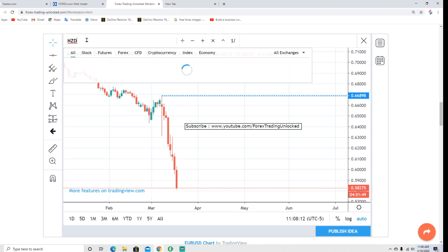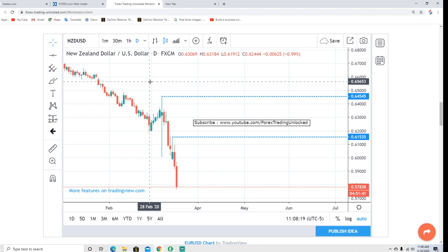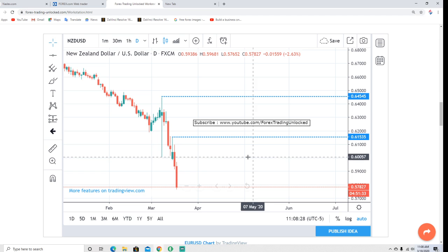So now we have the New Zealand dollar, US dollar, also in this trading zone, which is on its butt too. This is in the gutter. We have nothing to say except our upside breakout pivots are 61.53 here, and a high above that 64.54, but we don't see them being seen anytime soon unless there's a true correction in the US dollar. But I think right now we're set up to at least pound this market and most of these other markets for the next day or so. Let's see how things continue to pan out in the US.